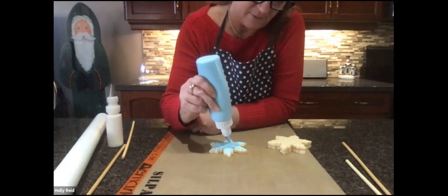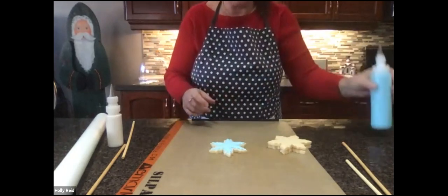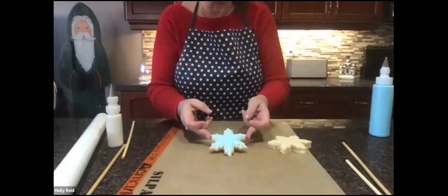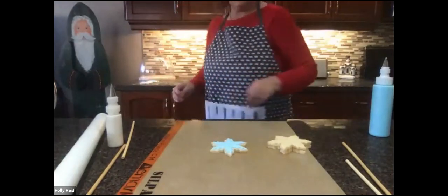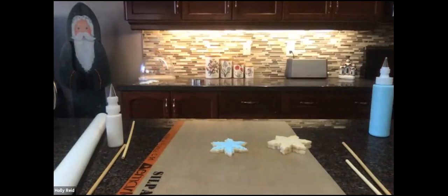I had to do 140 of them last week, which had me going. So you flood the icing like that. That's what it looks like so far. And then I have a little tool, which I forgot to get out, to fine tune the